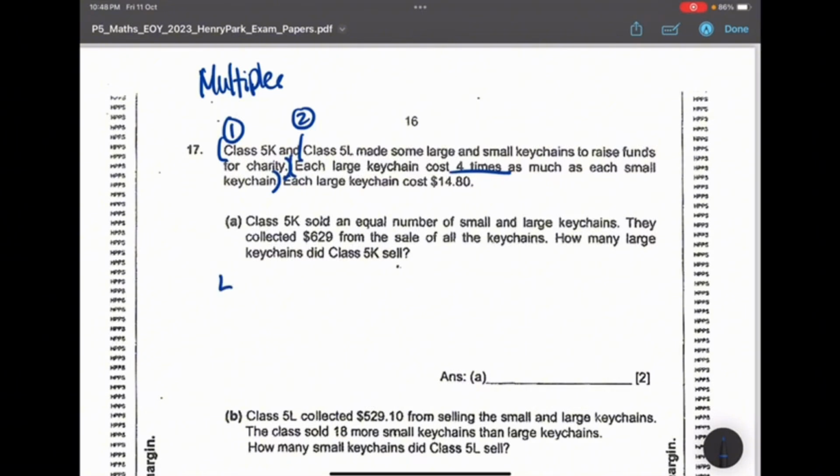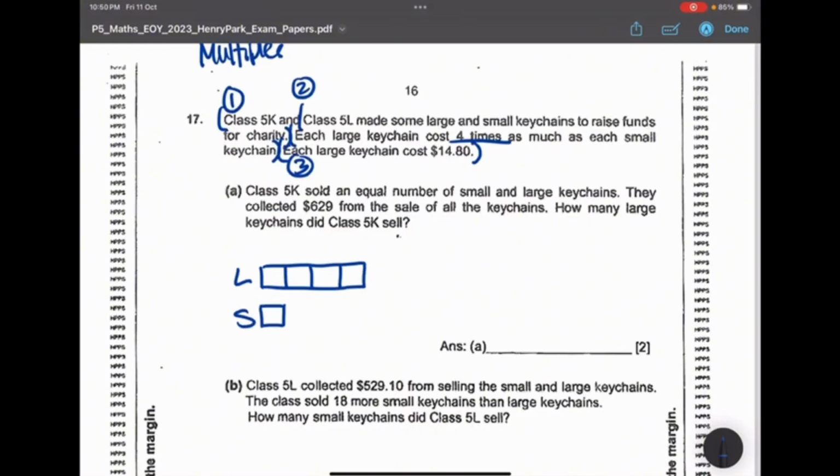Okay, so I'm going to just put large and small, large being 4 times, small having just 1 unit. Now moving on to the third sentence, it says each large keychain costs $14.80. Knowing that the large keychain costs $14.80, what I can do is to calculate how much my small keychain costs by taking 1480. Right, the small keychain would just be 1480